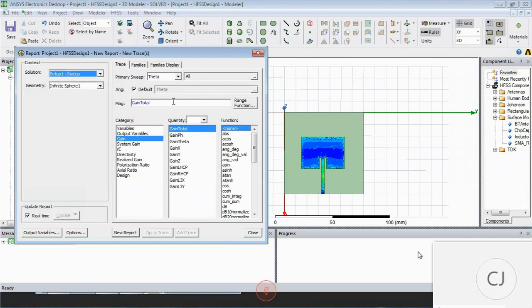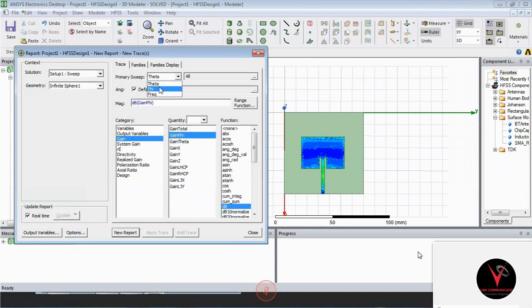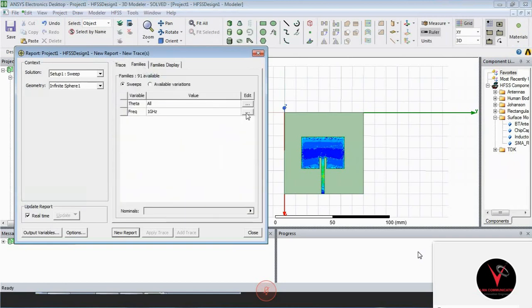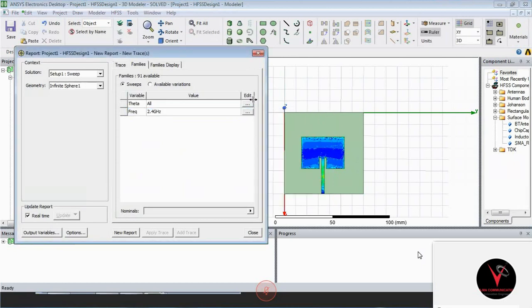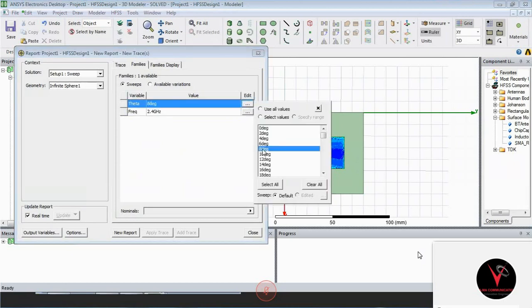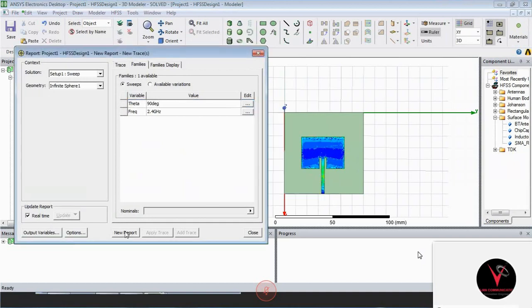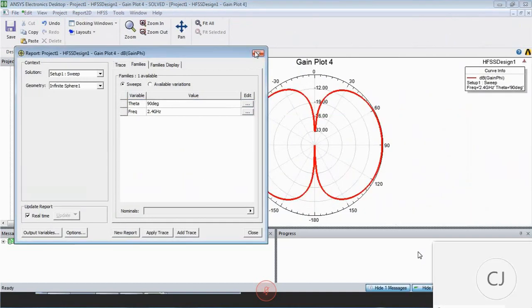If you go for the radiation pattern, by selecting real-time emission and selecting gain, you have two parts, horizontal gain and vertical gain, and you have to analyze both. I'll take the total gain here, so I'll select horizontal gain. The gain value is in dB, and also change it to phi. The frequency is exactly 2.4, so you select 2.4 here. Then the angle: we want 90 degrees because our power is transmitted from 90 degrees, so you select 90 degrees.